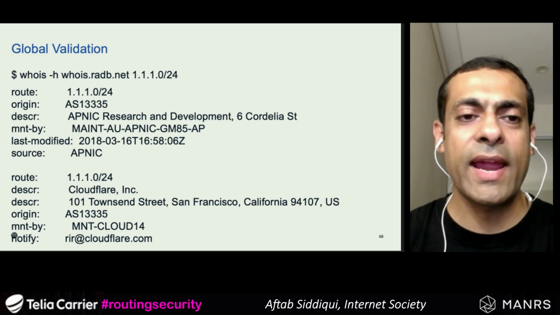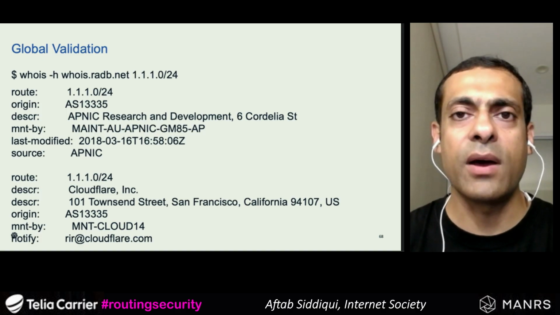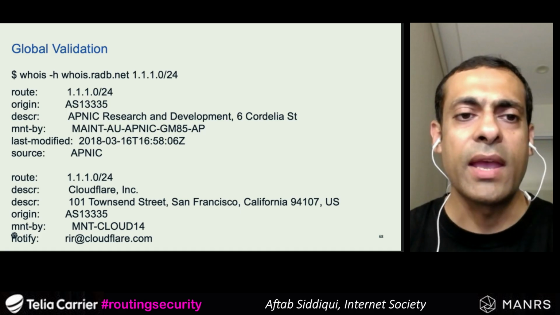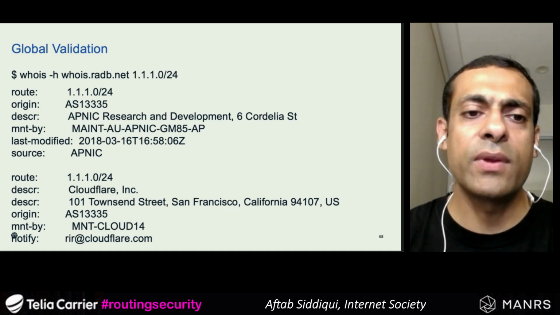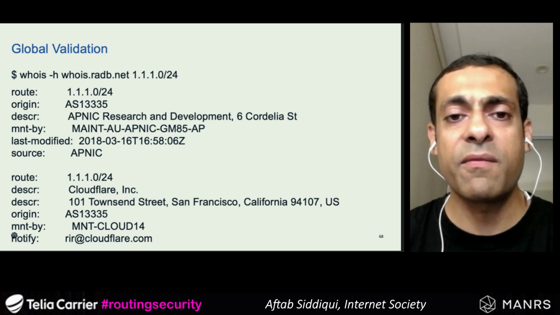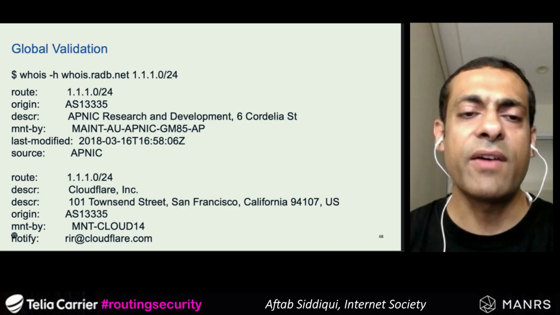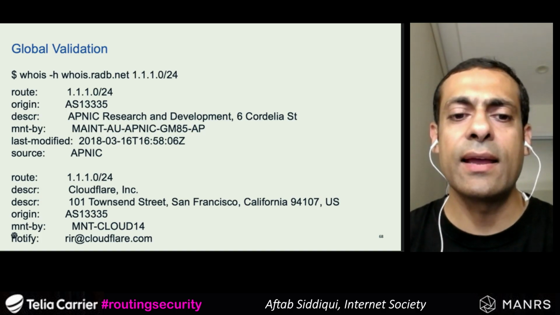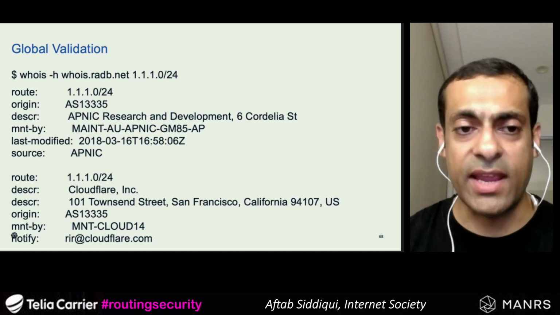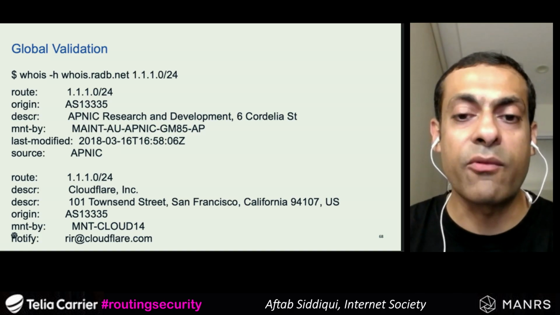But if I look at the global IRR databases, there are a lot of them, like 25, and RADB is a mirror of all of them. So there's a lot of garbage or unverified data in those databases. And if I'm making a decision on the basis of those databases, then most likely I'm going to make a mistake. That's why we are moving to a much more reliable system,